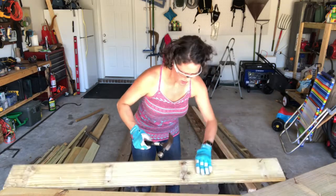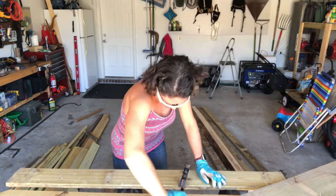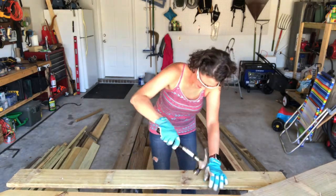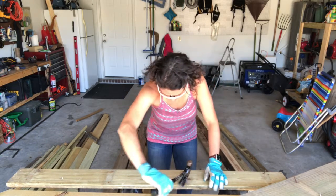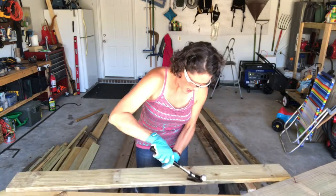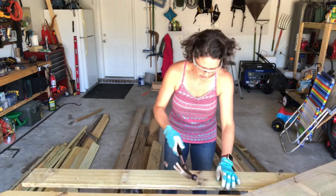All right, let me see what's going on with this one. Okay, so this one's kind of buried in the wood a little bit. We definitely don't want to break it off in there, so time for a little finesse. I love my sawhorses for this particular task because it's nice and sturdy, but you also have the openings where you can use the,